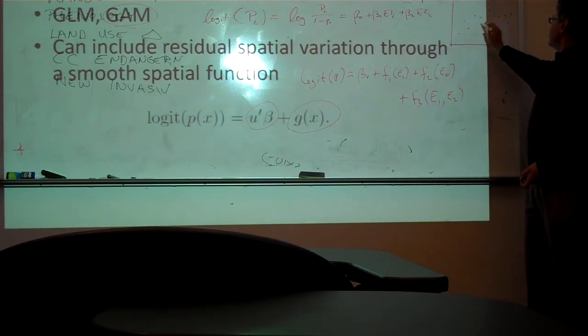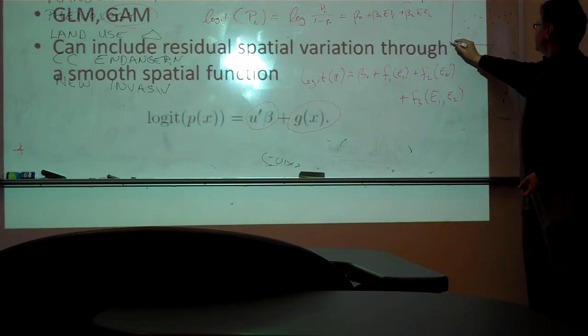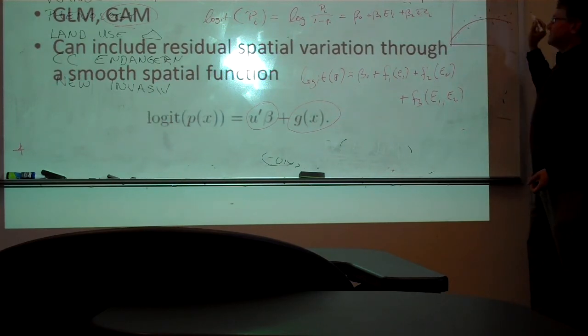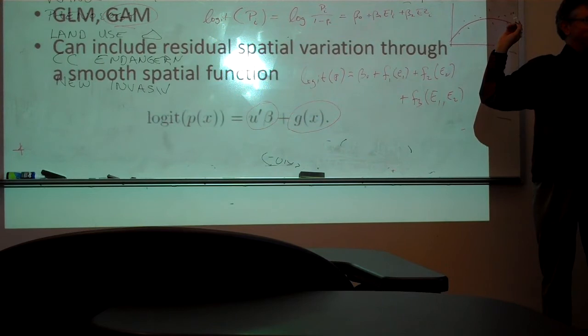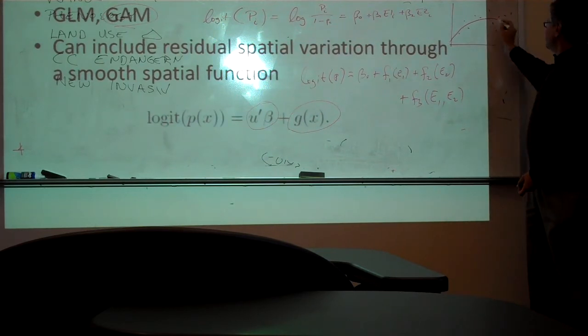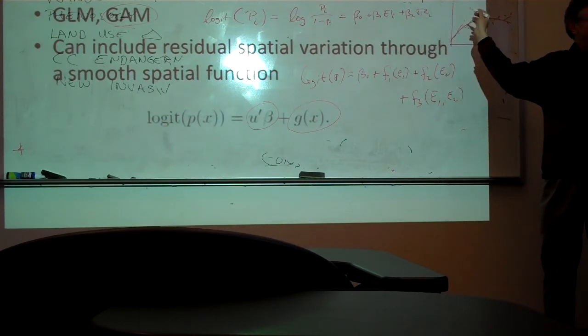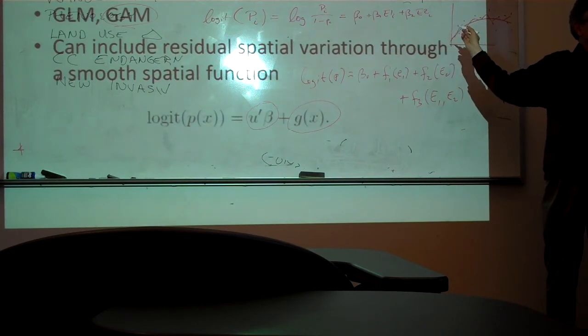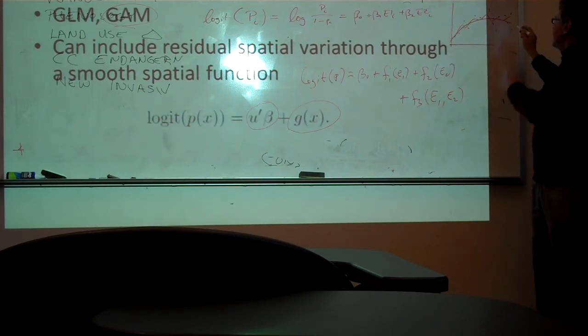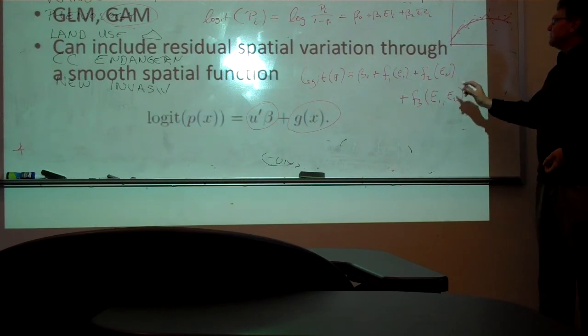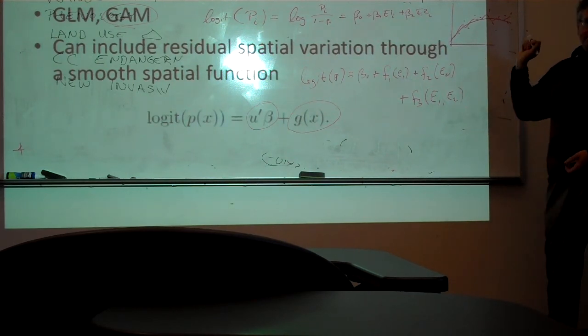A spline would be something that we allow freedom to fit whatever shape the data seem to give us. It can be a smooth spline like that. If we allow it, it can try to fit the wiggles. If we give it enough degrees of freedom, it can actually become an interpolator and wiggle like mad. So we have to tell it, if we give it just 1 degree of